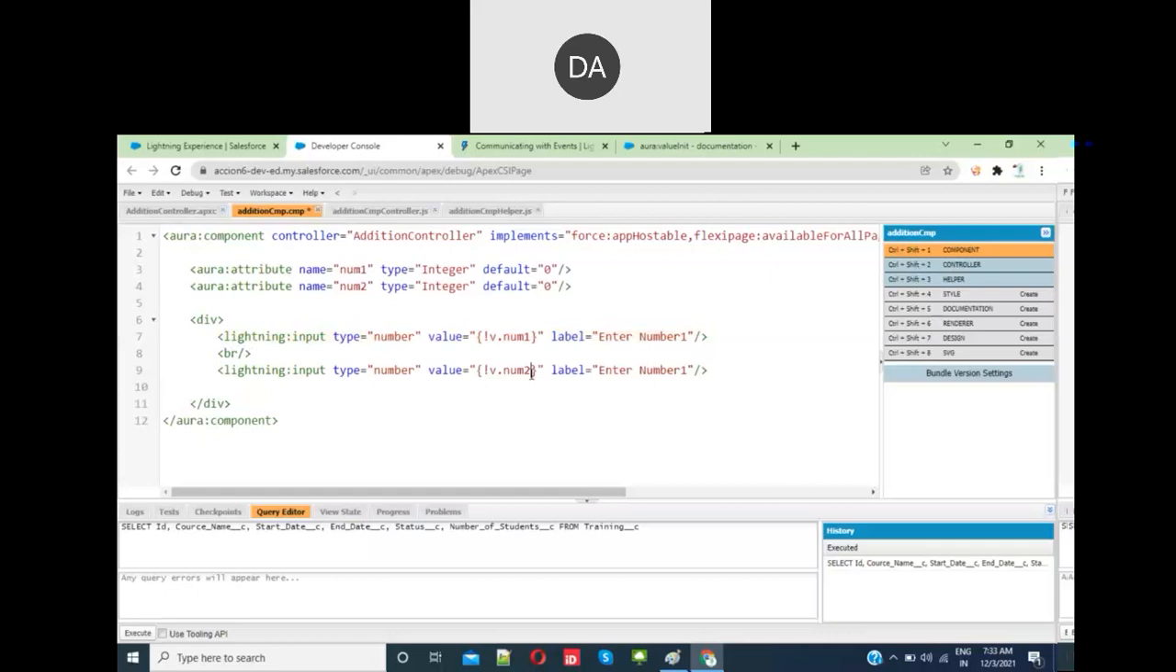Is number 2. Okay. This break again. Have to learn what is a break. Break is nothing but it will give some kind of line. That's it. Okay. So again, I'm giving lightning